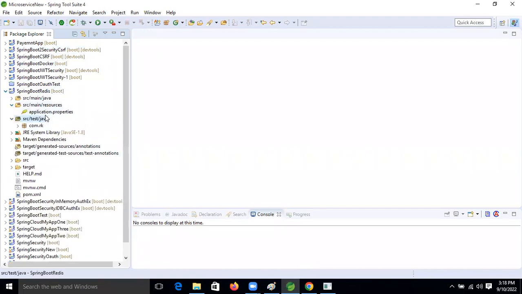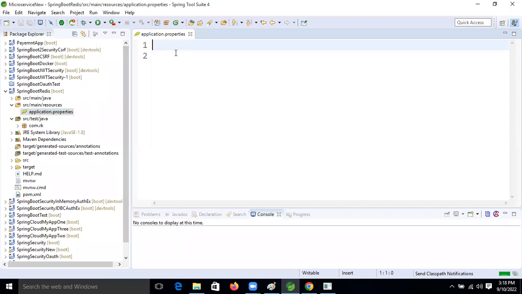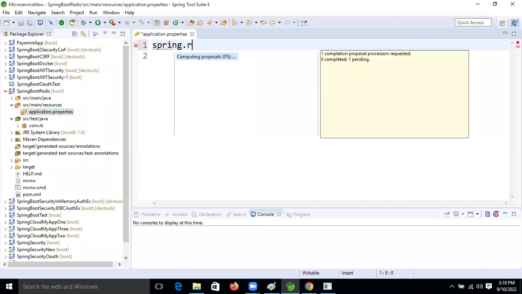So open the property file, friends. Open the property file. First, let's put the two tags we need, right? Spring Redis host and